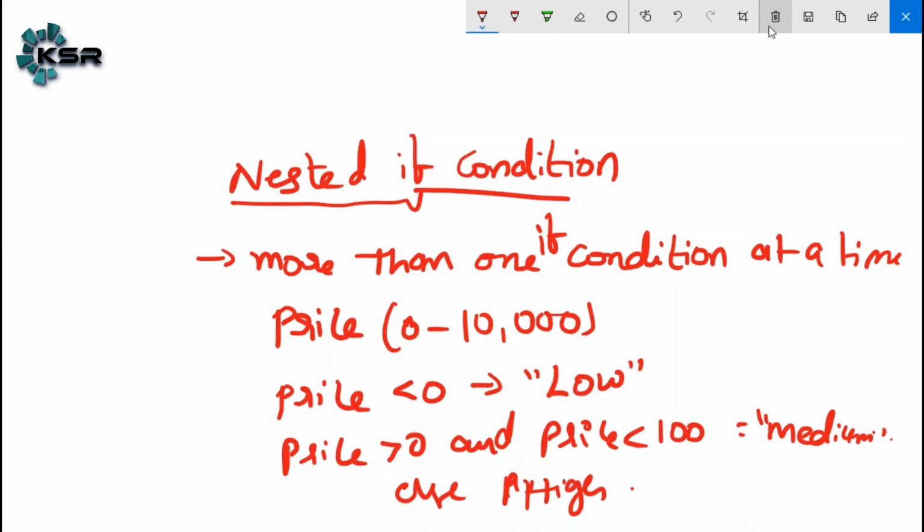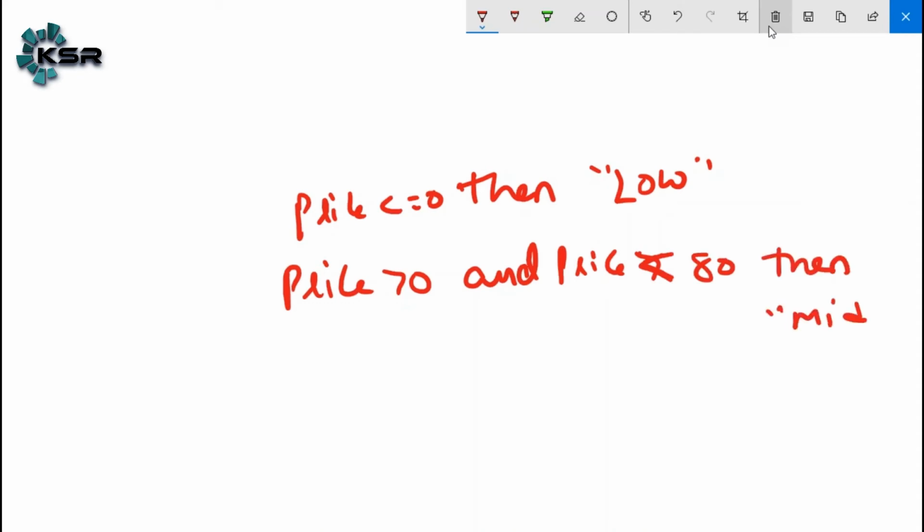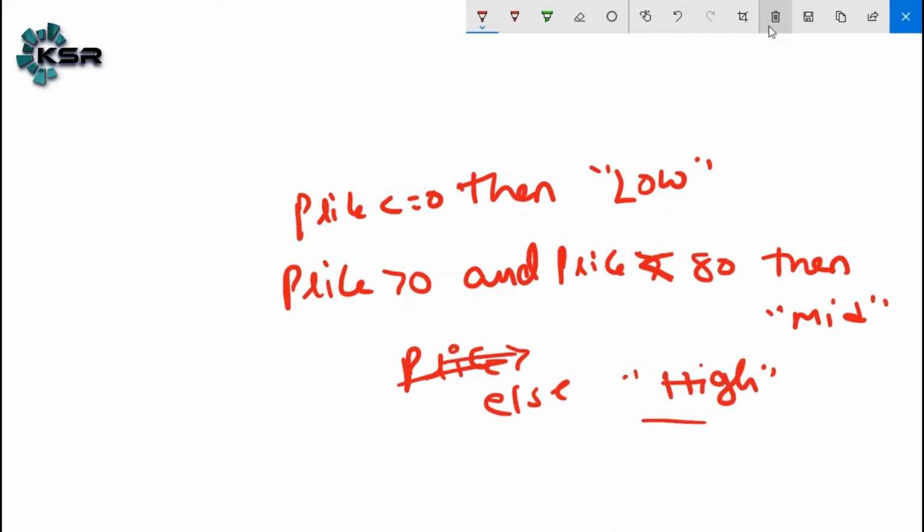Here we have to write: price less than or equal to 0, then we need to write low; price greater than 0 and price less than 80, then medium; else we need to write high.